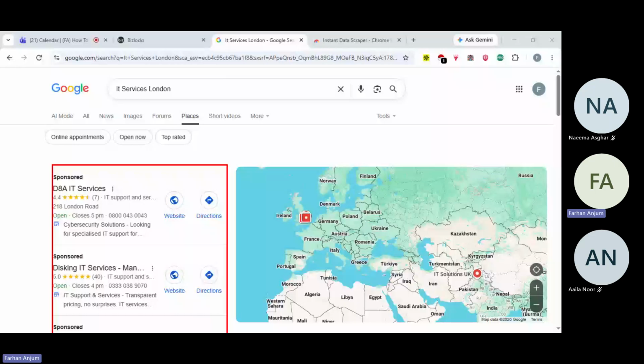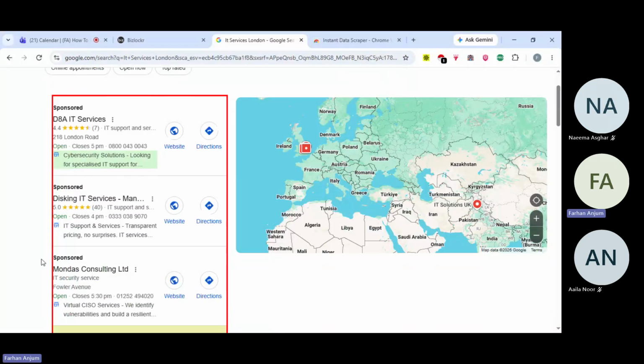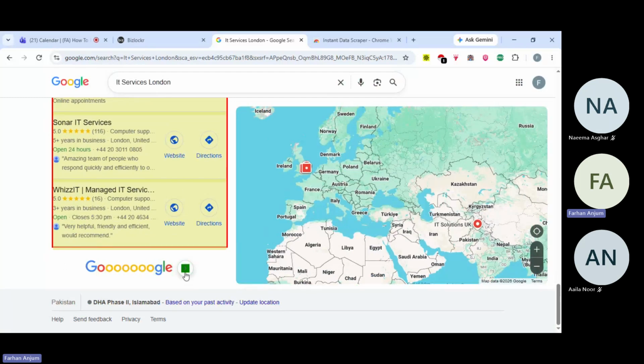And here you need to click on Locate next button. Once you do that, scroll down. The last result that you're getting here, you can see it has already selected this. If it is unselected, it's going to be white, but if it's selected, it's going to be green. This arrow button shows to go to the next page. At the end of the search in Google, you would definitely have an option that if you click onto that,